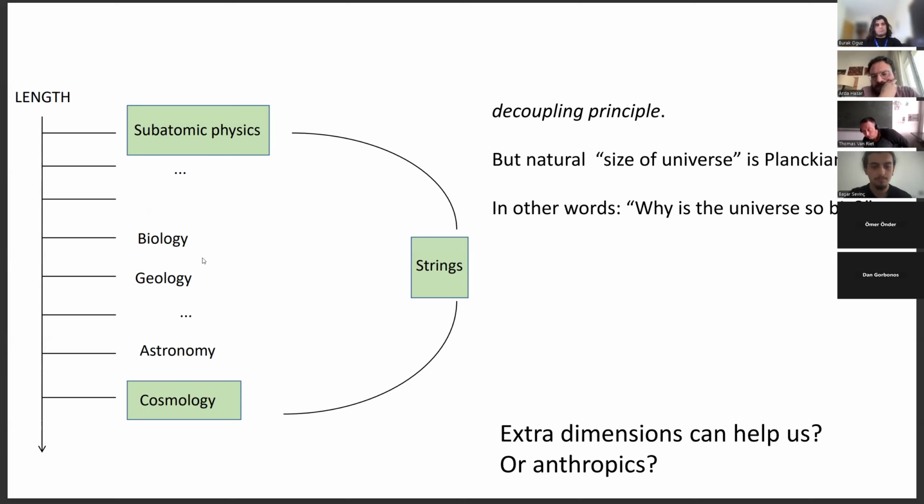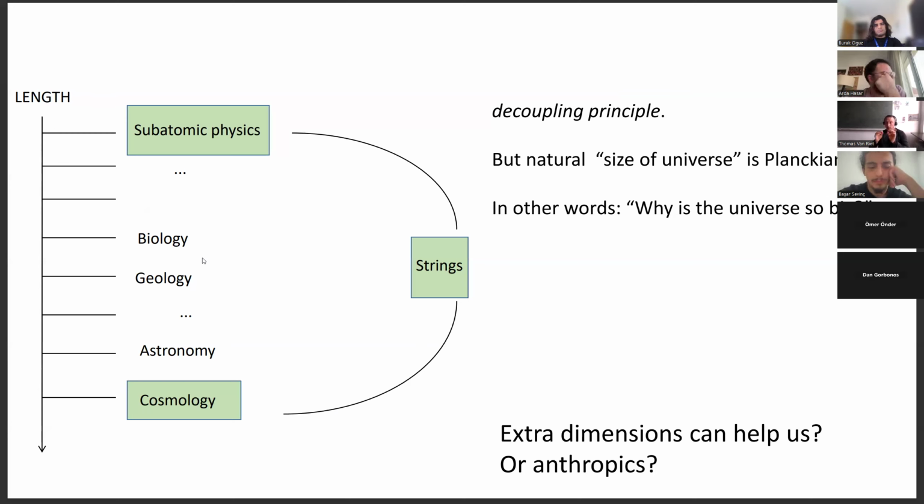Yet another rephrasing of the hierarchy problem, which is important for what I want to explain, is to ask yourself the question, why is the observable universe so big? I think it's the same question. Because imagine vacuum energy is very big and positive. That means there's a huge dark energy force, say of Planckian size, and it pushes all objects apart in the universe. Well, then atoms would not even exist. Electrons would be pushed out of an atom because of dark energy, right? And the observable universe would be at the Planck scale.